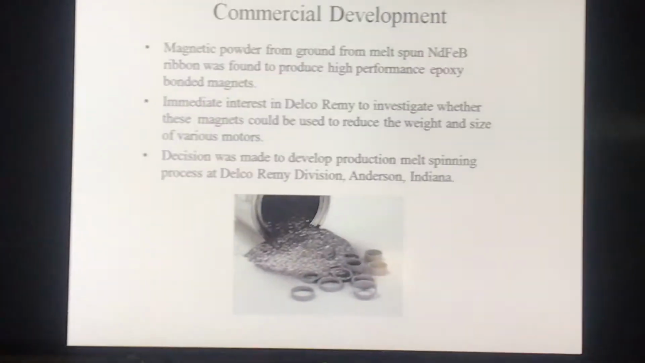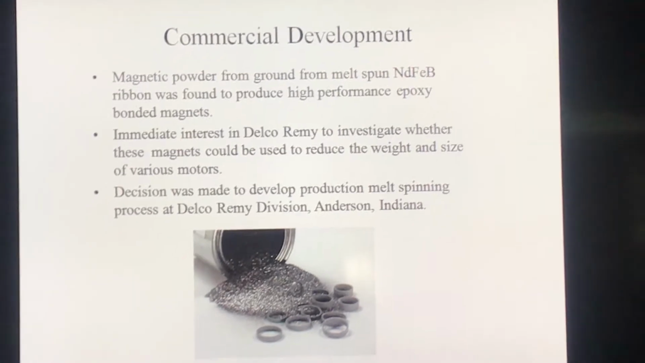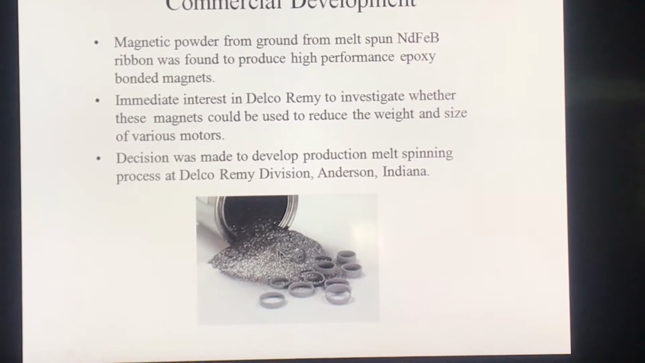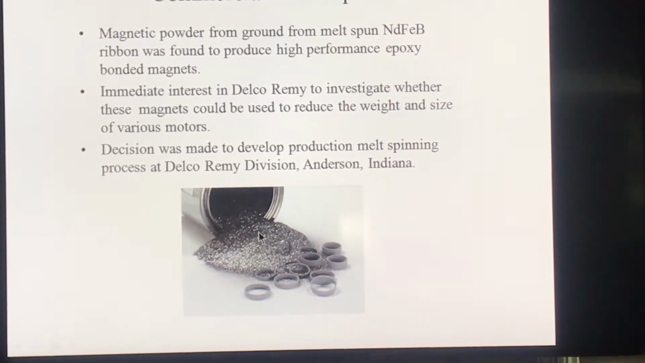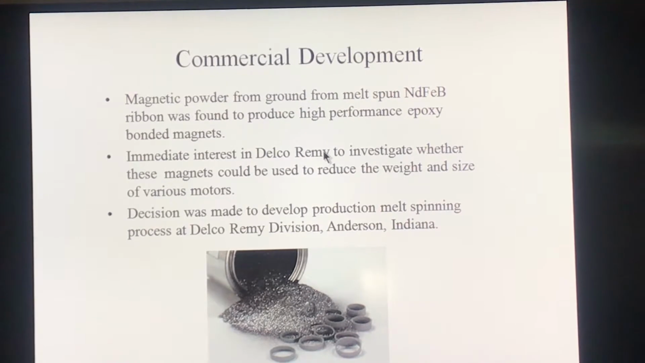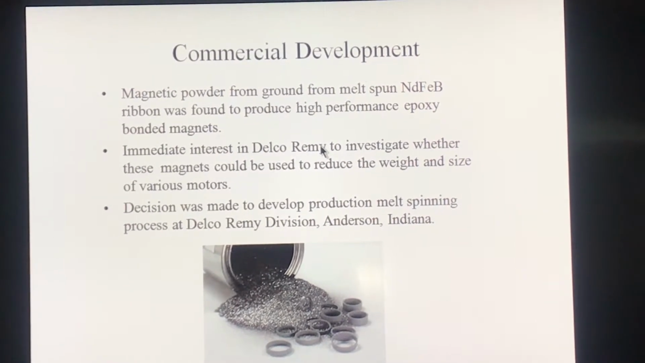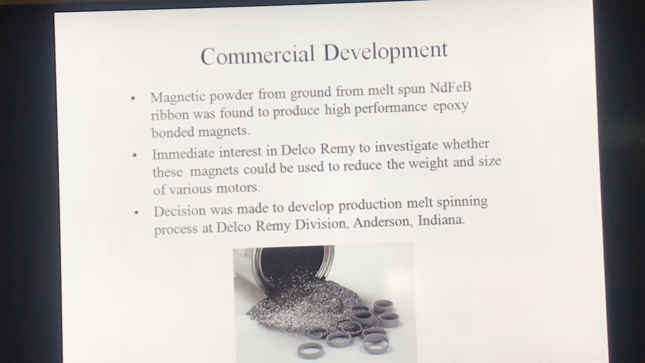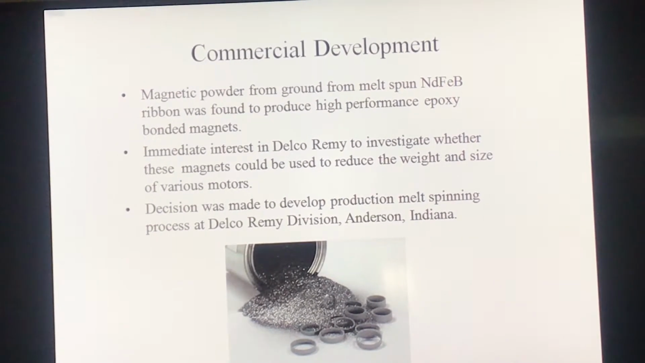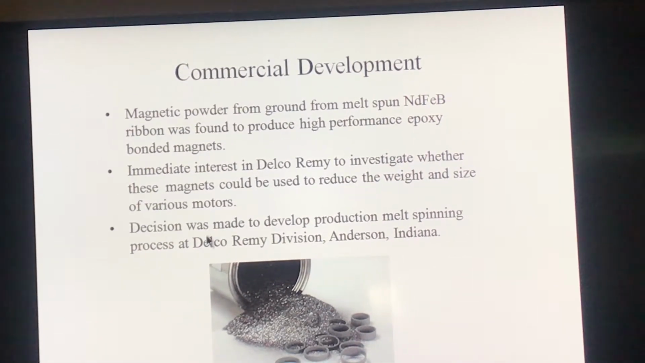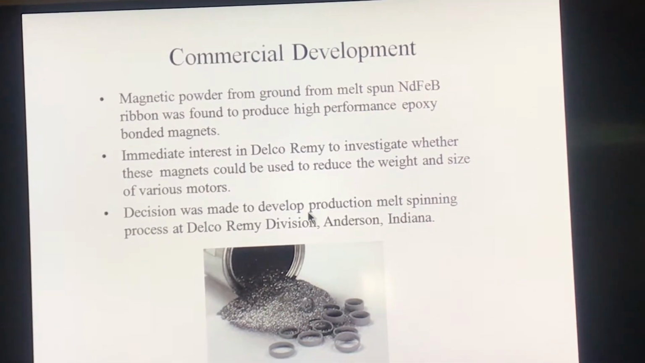So one of the things immediately following this, we began thinking about the commercial development of this material. The magnetic powder from this ground melt spun neodymium iron boron ribbon was found to produce very high performance epoxy bonded magnets. In other words, we would take the powder and turn it into these permanent magnets. There was immediate interest in Delco Remy, which was the division in General Motors that made most of those motors that you saw on the car. They wanted to see if you could use these magnets to reduce the weight and size of these various motors. So the decision was made to develop